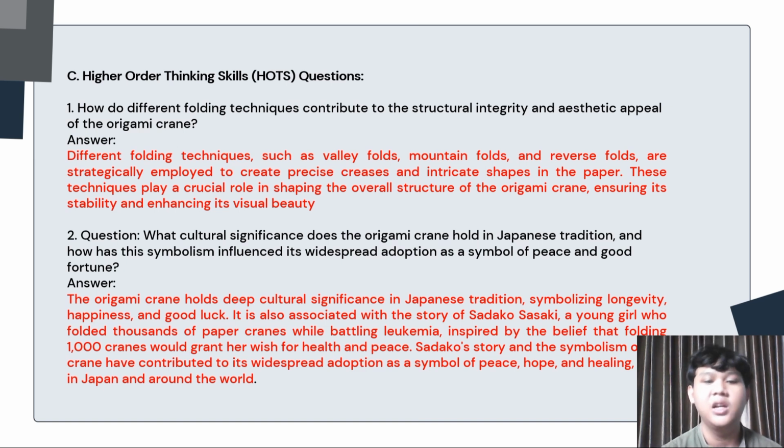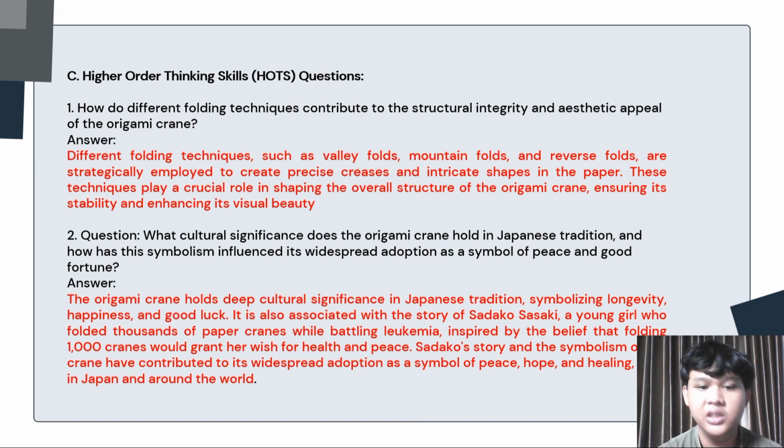The answer here is different folding techniques such as valley fold, mountain fold, and reverse fold are strategically employed to create precise creases and define shape in the paper.